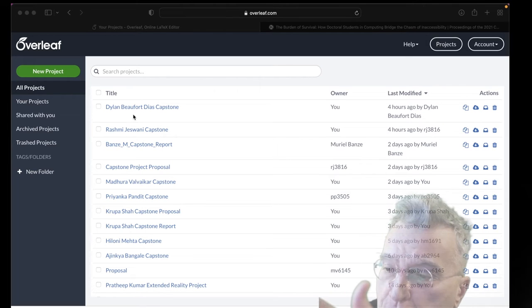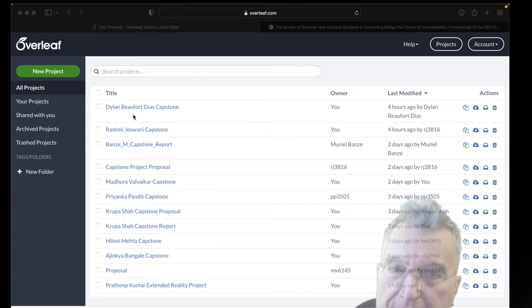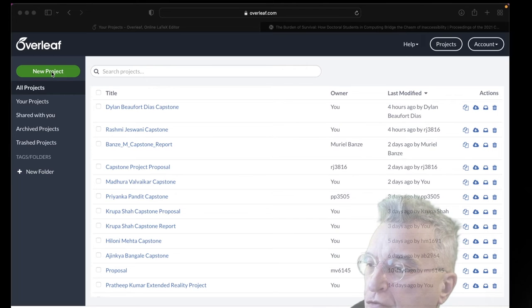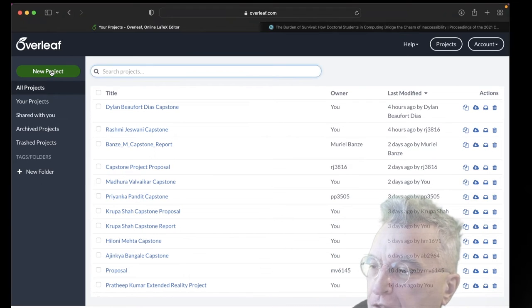Now you can just apply for an account and download the iSchool template from the iSchool's website, and that's another way to get started, and that's what I'm going to show you now. So I'm going to assume that you have established a free student account on Overleaf, and you're ready to click the new project button, and you've downloaded the file from the iSchool's website,